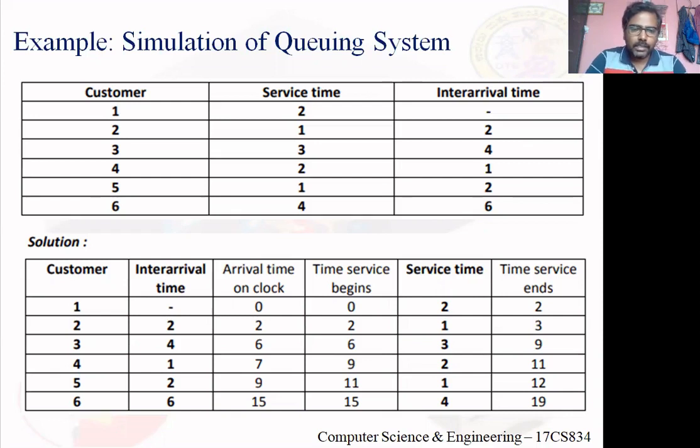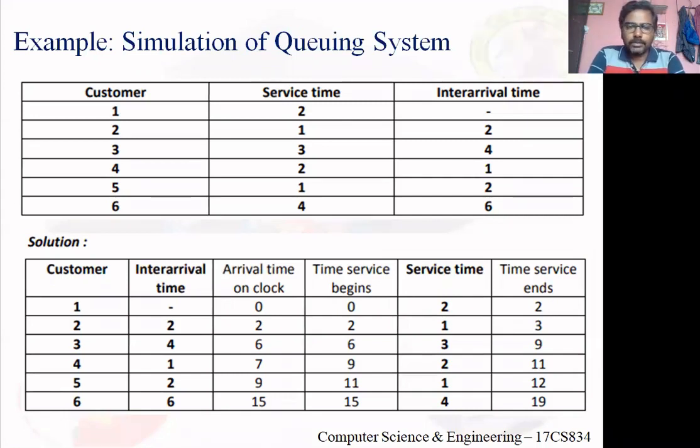Assume, since we are not having a whiteboard, just that a table has already been constructed. Just listen to the steps I state. Assume how I'm constructing the table row by row. First, I need to track arrival time of the customer, right? So how can I track arrival time of the customer? Through the inter-arrival time. So let the second column be inter-arrival time. With inter-arrival time, I can track arrival time.